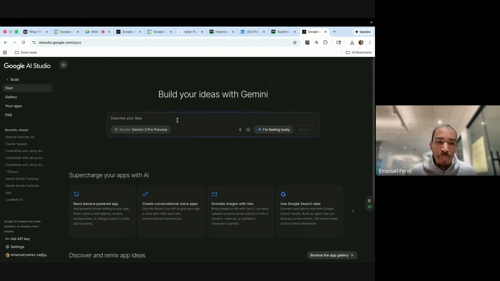Here we're going to describe our idea, and I'm going to use the tool that we talked about today, Wispr Flow, to speak at 120 words per minute to build out our resume writer app. Let me get more description from Miss Mary as far as the product requirements. Yes, Miss Mary, I will kick it back to you if you're able to talk or text. Please let us know some more information about your desired app.